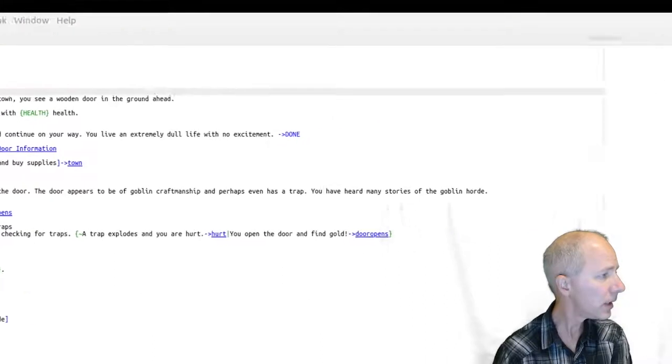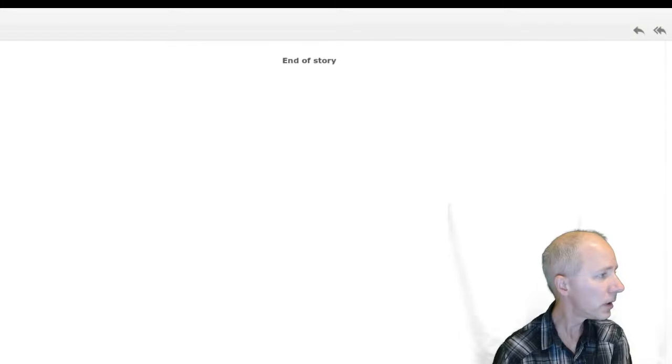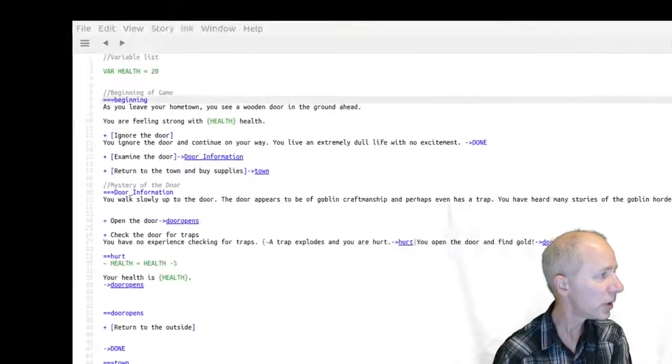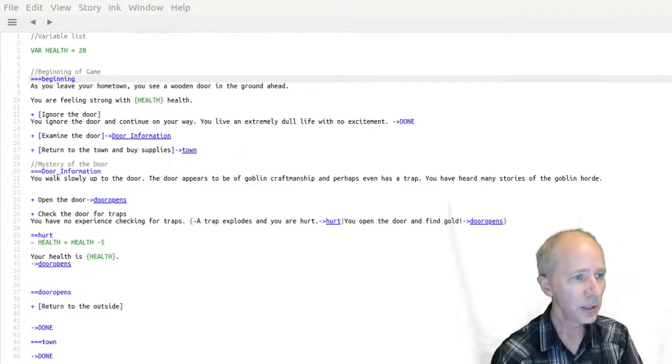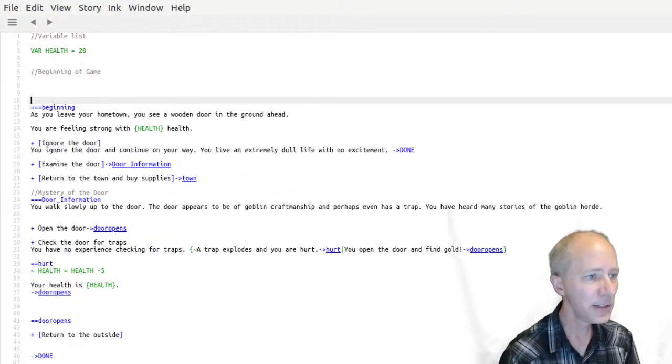Okay, so here we are. Now I'm going to reset it, and oh, it won't let me reset it. That's because I've got that beginning knot, so it doesn't actually know where to go or where to start. So usually, to fix that, I will have